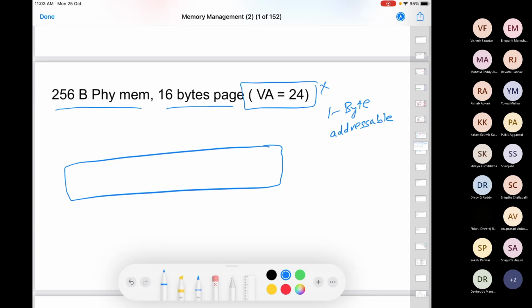How many bits will be the offset, and how many bits do you need for the frame number? So let's say this is offset. This is frame number. So notice that if you have a 16 byte page, you'll also be having a 16 byte frame, right? So how many bits will be there for each?